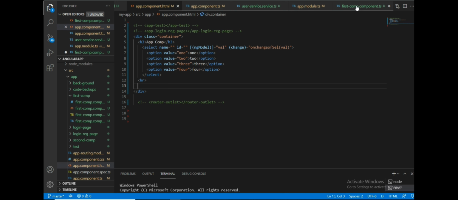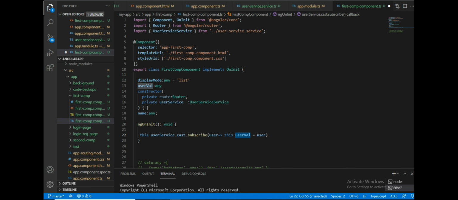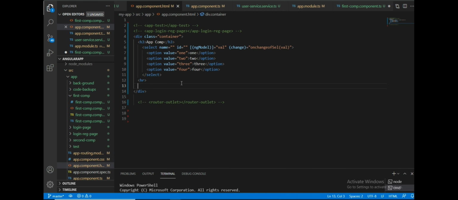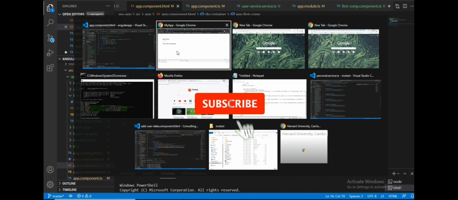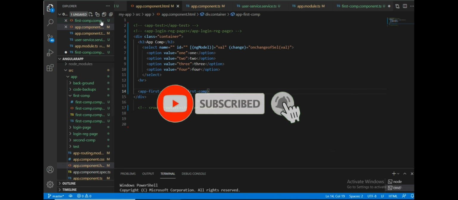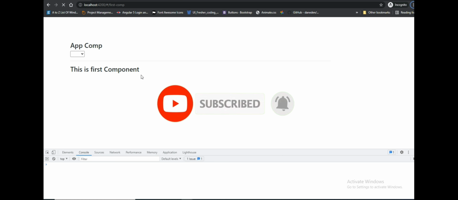I'll do one thing. I'll copy this. I need to check immediately. I don't want to go to the other component and check like that. I'll just give this one. I didn't save the other component.